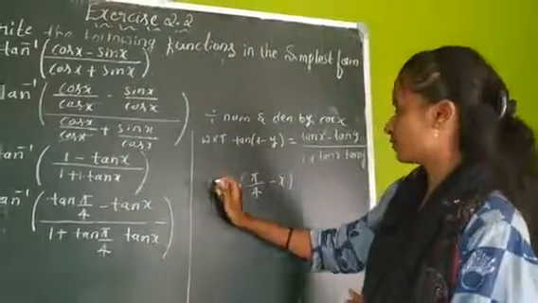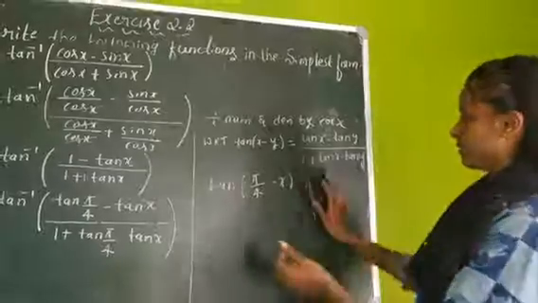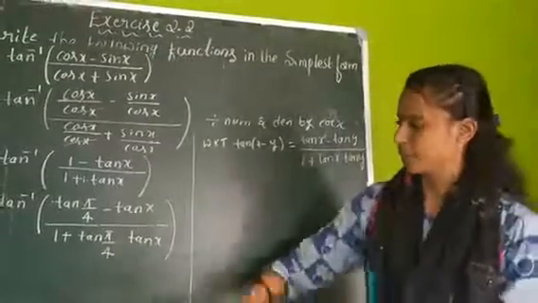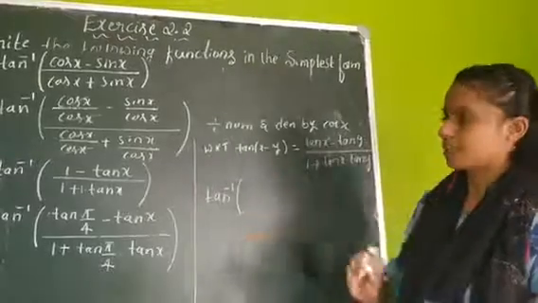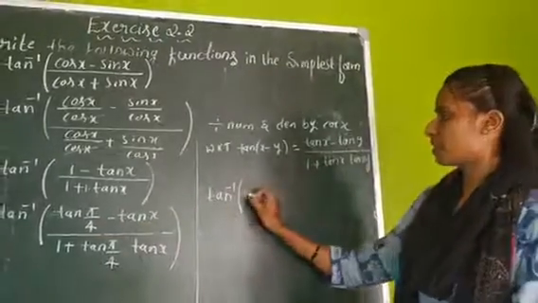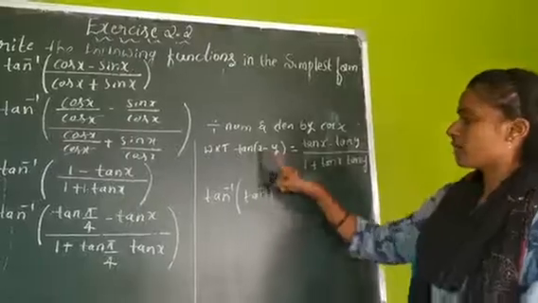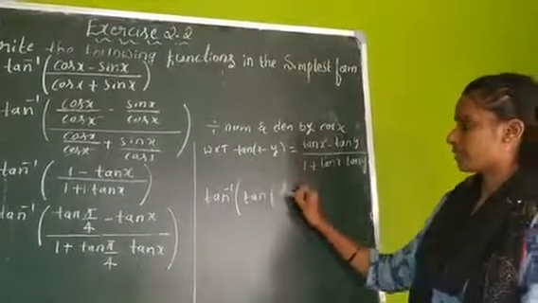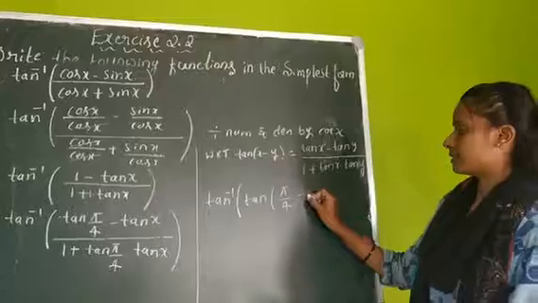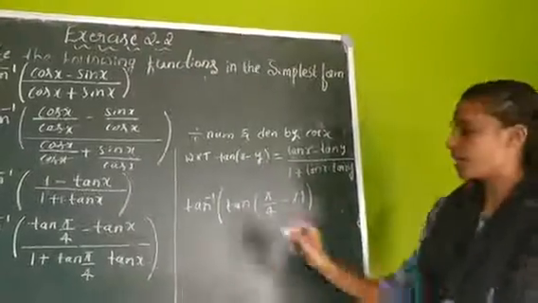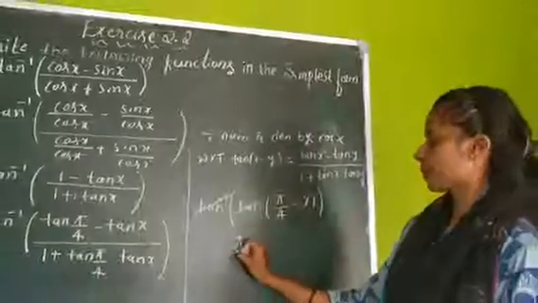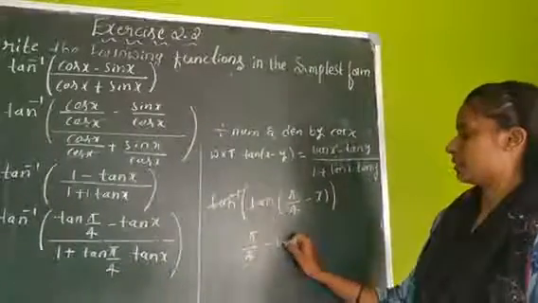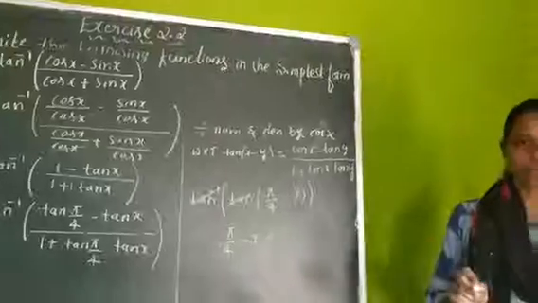Okay, so this side we have, once again, a tan inverse. Within that, this whole thing can be written as the tan formula, it is tan of (x minus y). X is nothing but pi by 4, y is nothing but x. Here, now inverse and function get cancelled. Remaining is pi by 4 minus x. This is the simplest form.